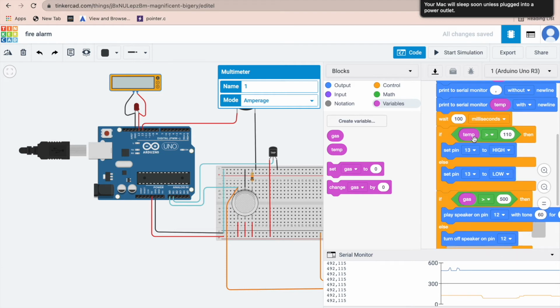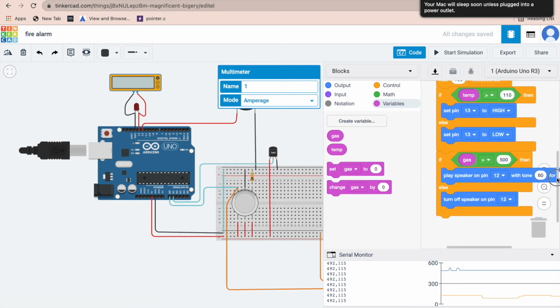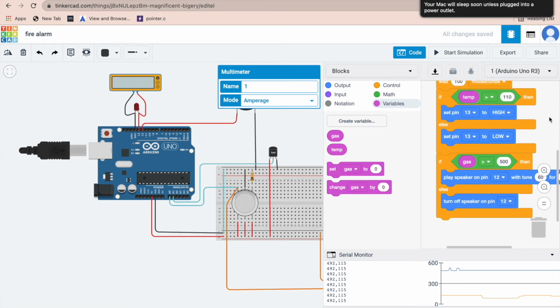I have set the threshold value of the temperature to 110, that means if the temperature sensor measures a temperature greater than 110, then the red LED connected to pin 13 will glow, that is set to high, and if not, then it will be set to low. It means it will not glow, and at the same time this ammeter will not show any reading.